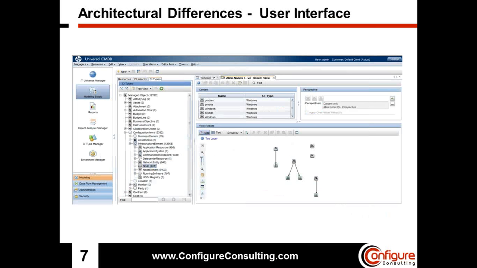Some other differences: the new Universal Discovery user interface maps configurations and inventory hardware, all the network devices, clusters, applications, and middleware in traditional, virtualized, and cloud environments, all in one interface. The full version of Universal Discovery also includes dependency mapping of your services and applications and the hardware that supports